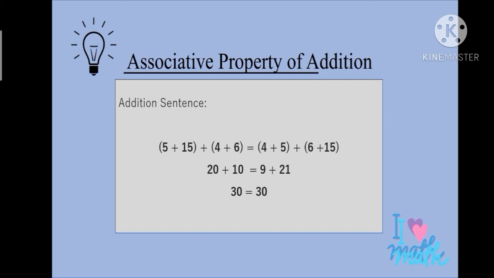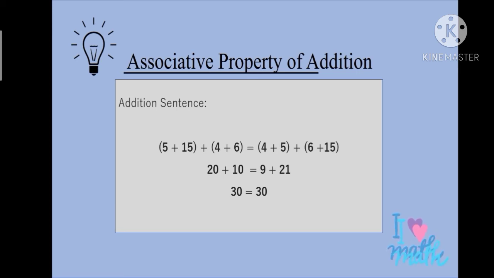So it does not only restrict to 3 addends. We can also use 4 addends for this, but enclosed with different parentheses. On the left side, you will see that 5 and 15 is enclosed with a parenthesis, and then 4 and 6 is also enclosed with a parenthesis. While on the right side, we have 4 and 5 enclosed with a parenthesis with 6 and 15 as enclosed